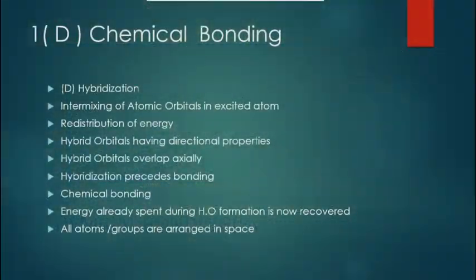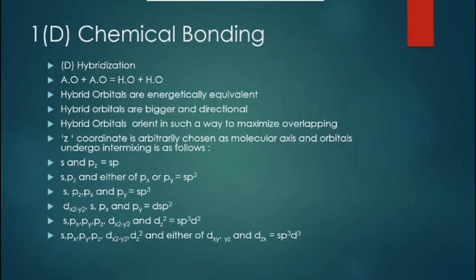Hi friends. So we continue our discussion on hybridization. We know very well hybrid orbitals are formed when atomic orbitals undergo intermixing. And now we are going to learn some additional points on hybridization. When two atomic orbitals undergo intermixing, we always get two hybrid orbitals. Both are equivalent in energy. Hybrid orbitals are bigger in size and they have equal energy values. So energetically they are identical.